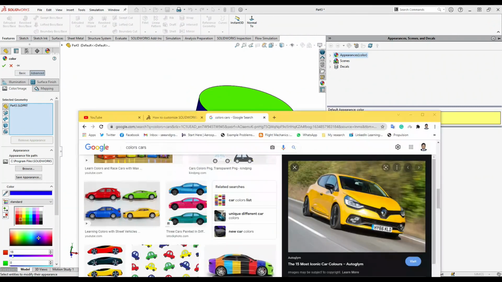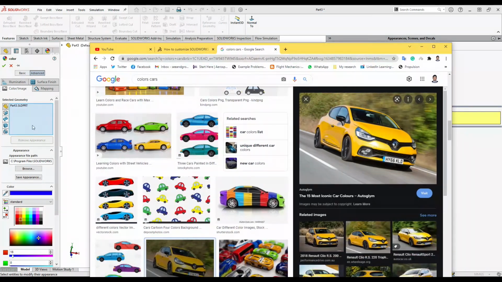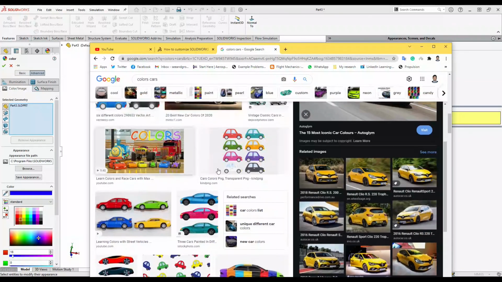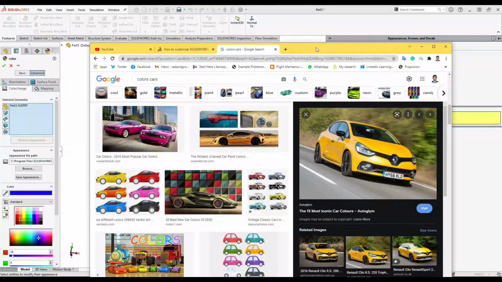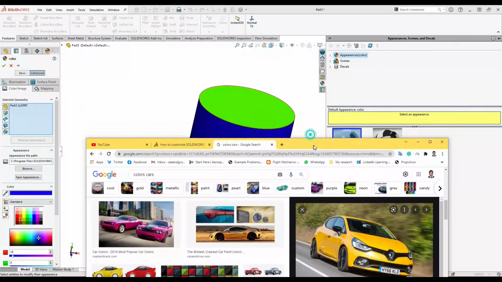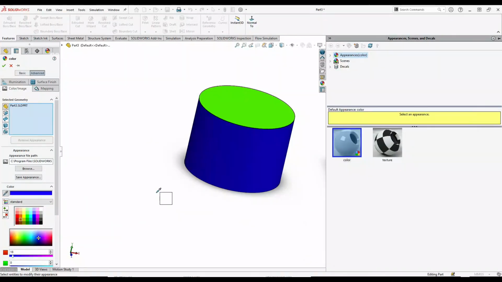I cannot explain it fully here. You just click this one and drag it to any sketch on Google, and the color will be taken from there. You can make the color by using online sources also.